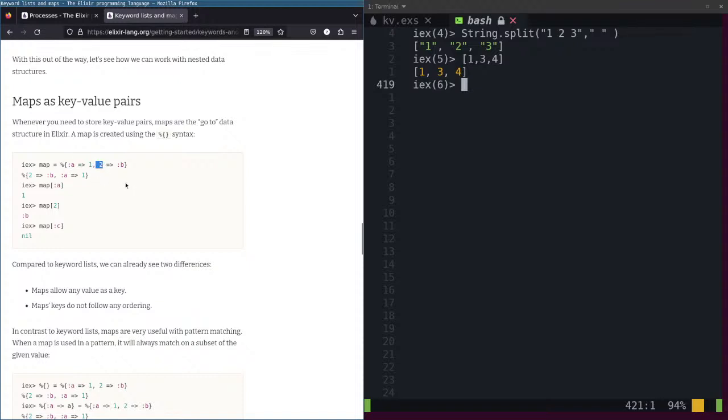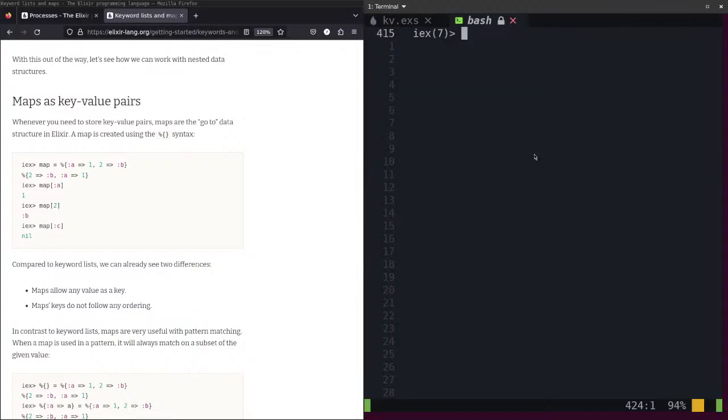This is a key. This is a value. Map. Percentage, curly braces.